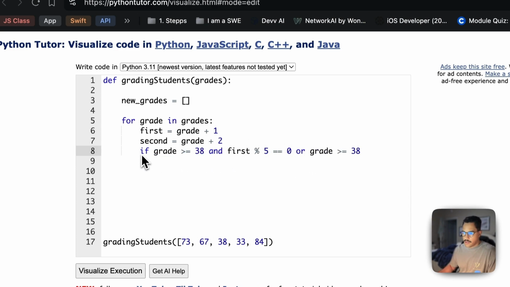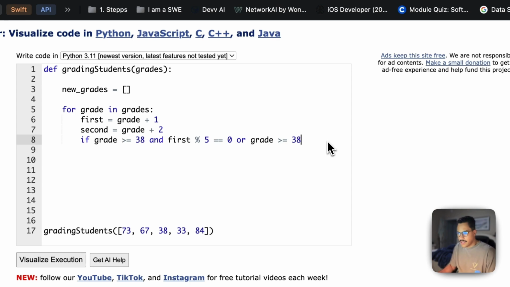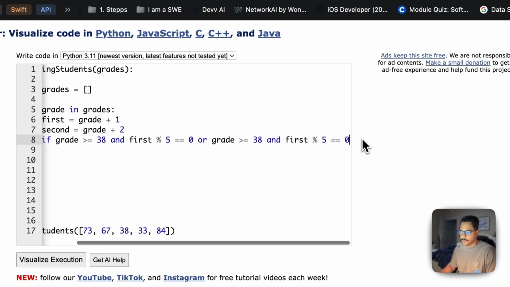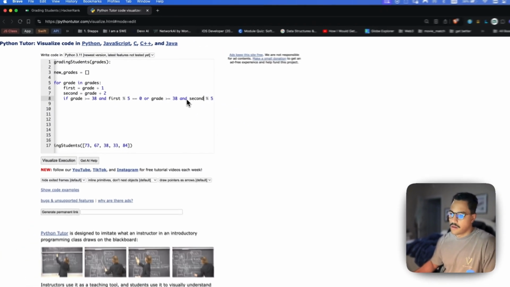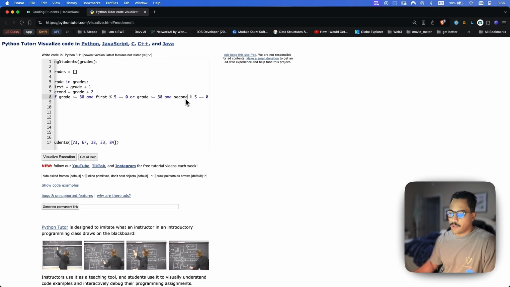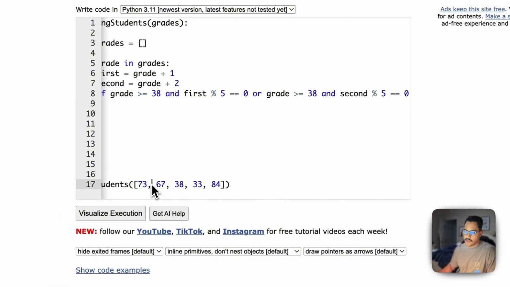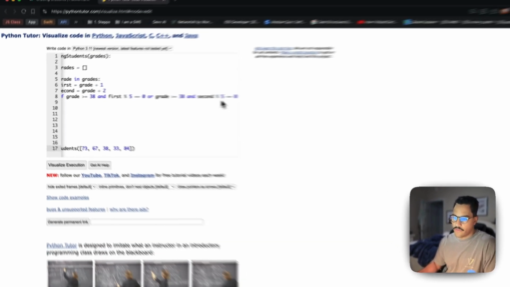So it's either this side is true, either the value is greater than or equal to 38 and plus 1 mod 5 equals 0, or the grade is greater or equal to 38, and I'm just going to copy this thing right here. I hope this is not confusing. And second, so the value plus 2, which is the case of 73, right? Where 73 plus 2 mod 5 equals 0,